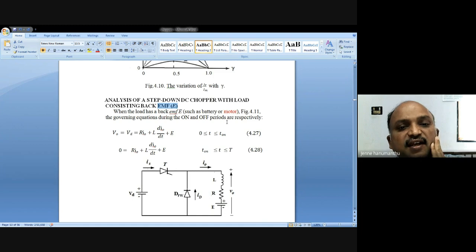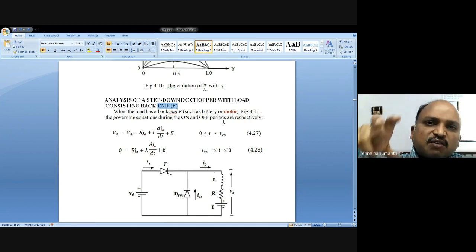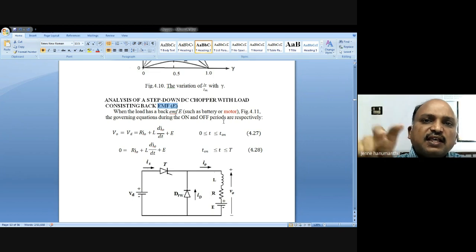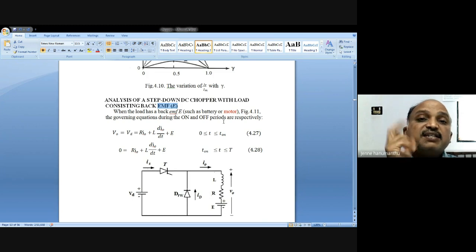For a chopper, the input is DC and the output is variable DC. That variable DC voltage is applied for driving a DC motor, because the load is a back EMF.